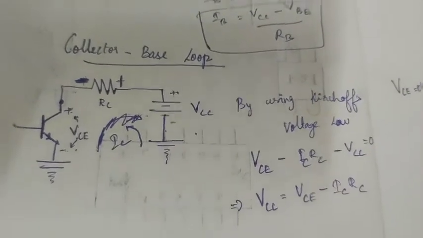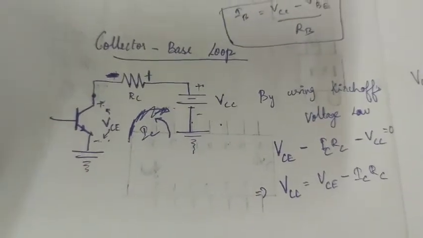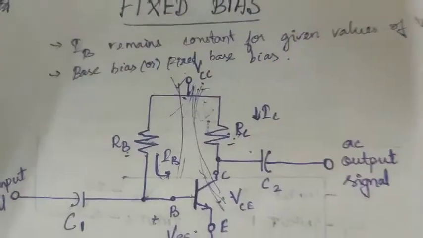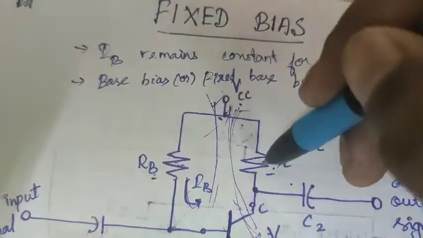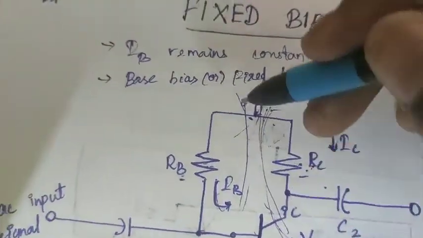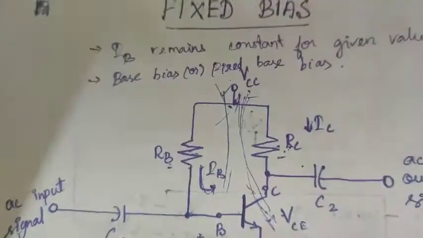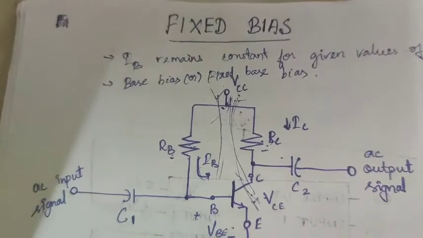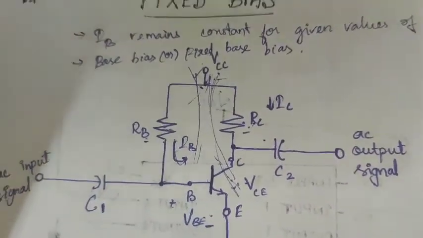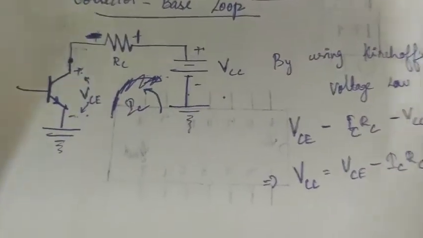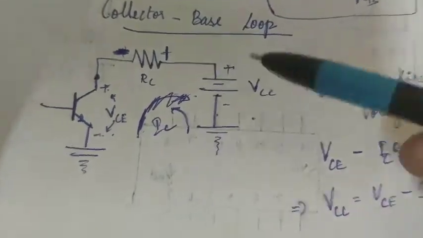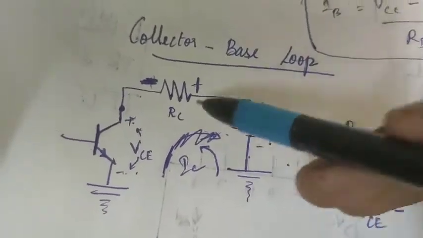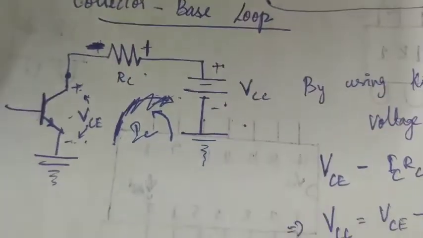A collector base loop is generally reverse biased. So when we move to the first diagram, I can see VCC, RC and VCE alone. These are the collector components. I have already told you VCC is common for both base and collector regions. Now when I look at this circuit, VCC comes over here, then RC and VCE. So just see the circuit.